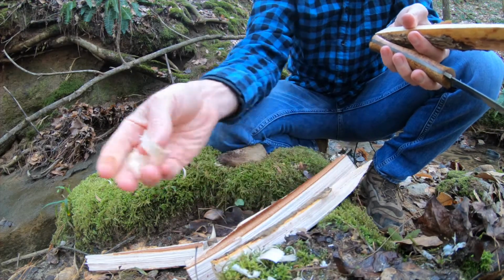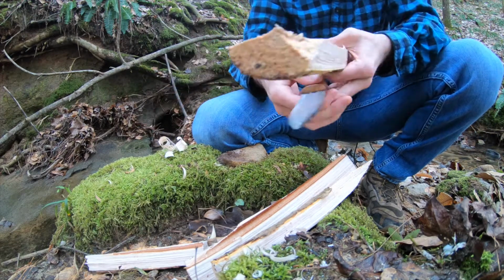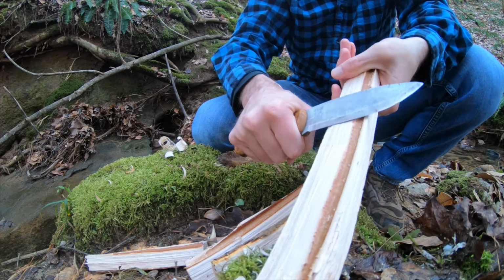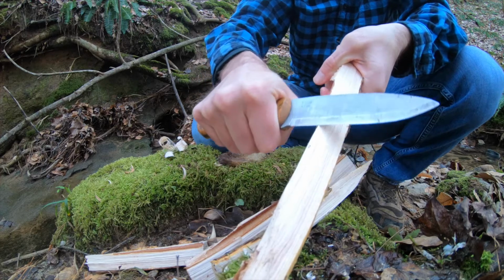If some of this pops off, set it off to the side where you can keep it dry, and you can use it as that first stage fuel once you get things going. So I'm working off of this piece here. Now what you're going to do is just very lightly